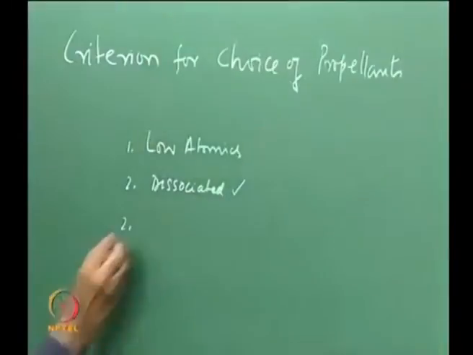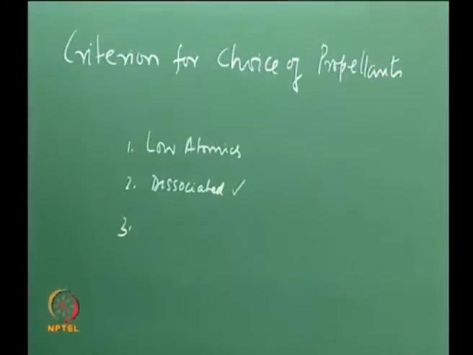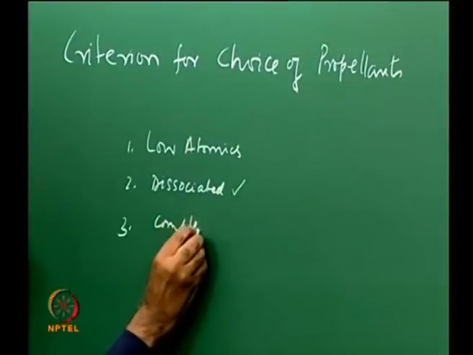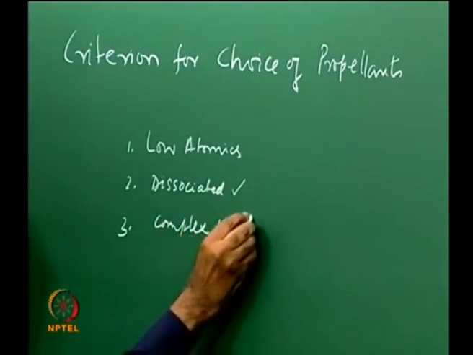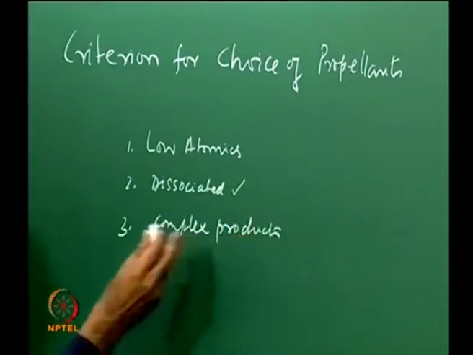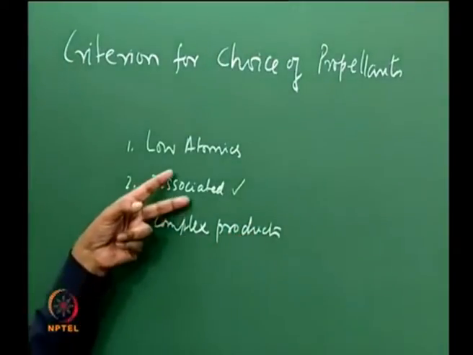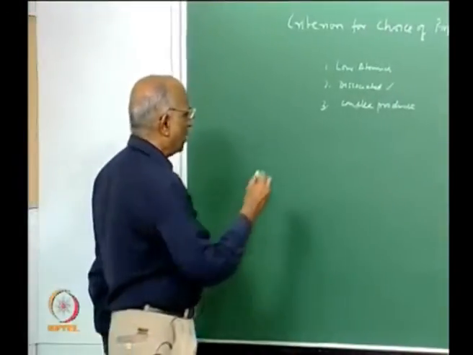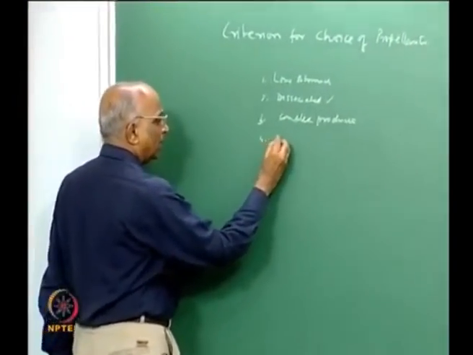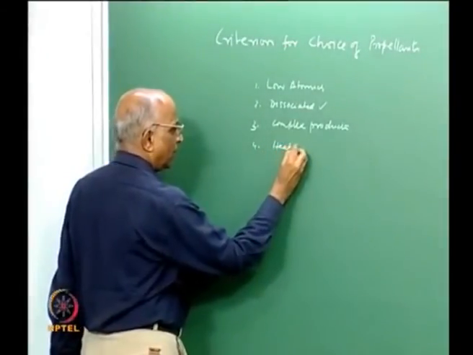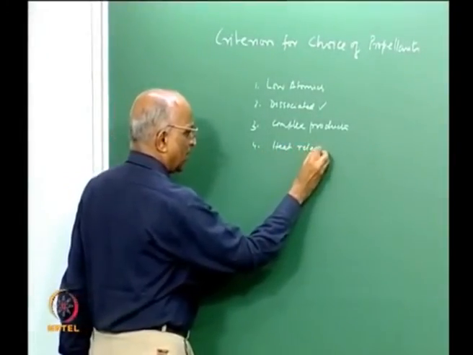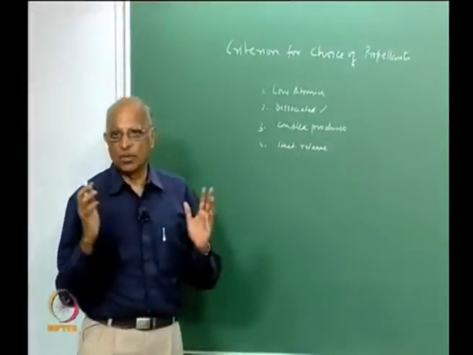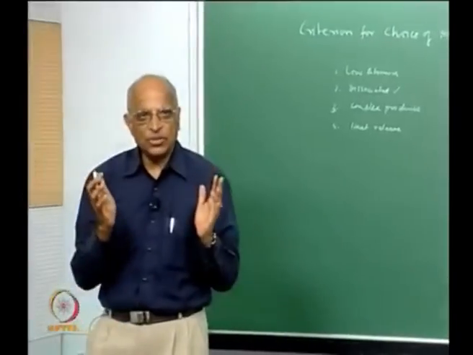Third, we told ourselves from gamma point of view, it may be better to have more complex products of combustion. This complex products is against what we decided here. And towards the end of last class, we also defined the heat release from chemical reactions of these propellants, and we defined a term heat of formation. What did we say heat of formation is?